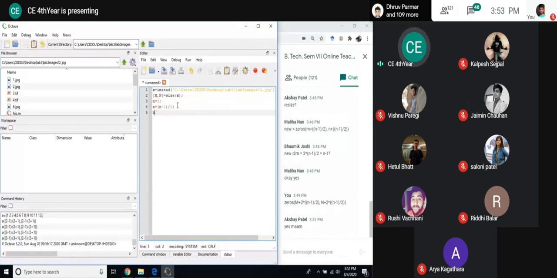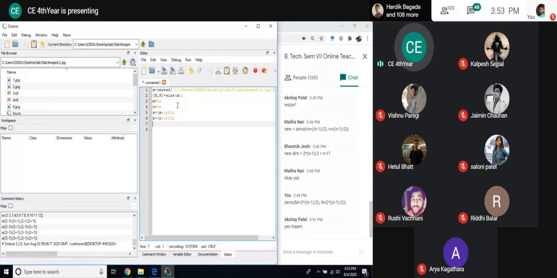And b will also be the same. So actually, if my sub images are m cross n, I'm defining that for making it more generalized. A small n size is my sub image size. So my A will be m minus 1 by 2. Then my B will be, in your case it will be just square all the time, but let us make it generalized in case we may need it in future. Right now we will not need it. Right now, if you are having that one, that's okay.